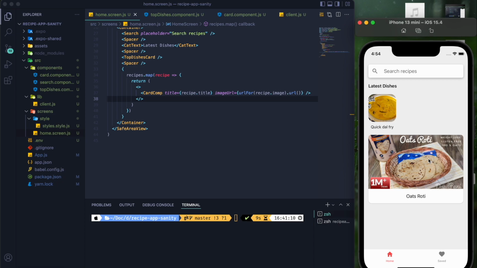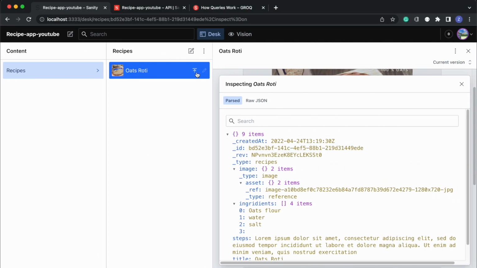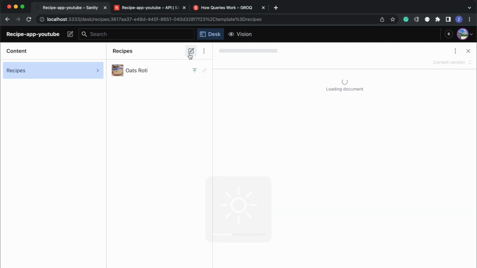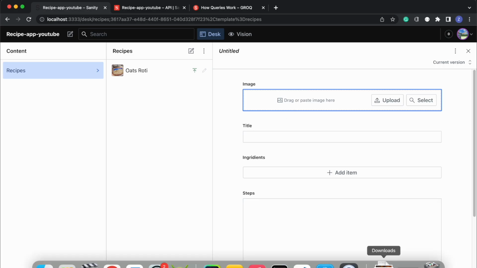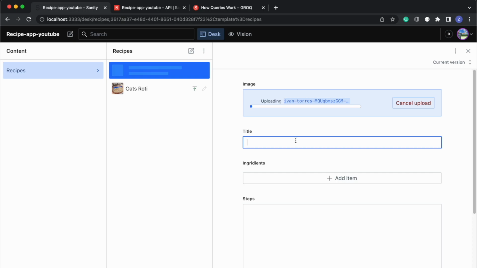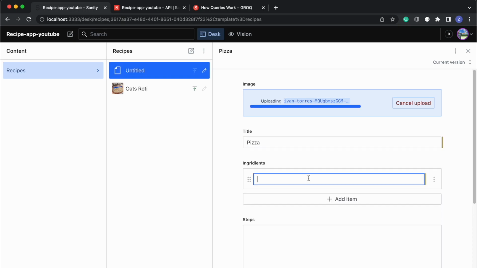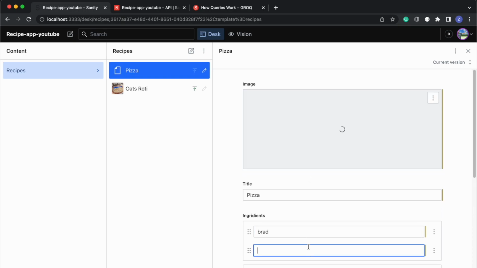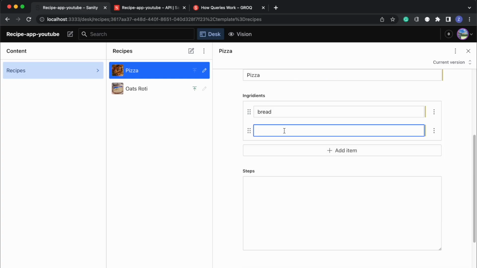So now we're gonna be making a scrollable list here. As you can see it's not scrollable, and I'll show you the problem with that. So I can just try to make another one, and I can drop in an image such as this and give a title as pizza, and I can add an item as bread. What do we put in pizza? Oregano,